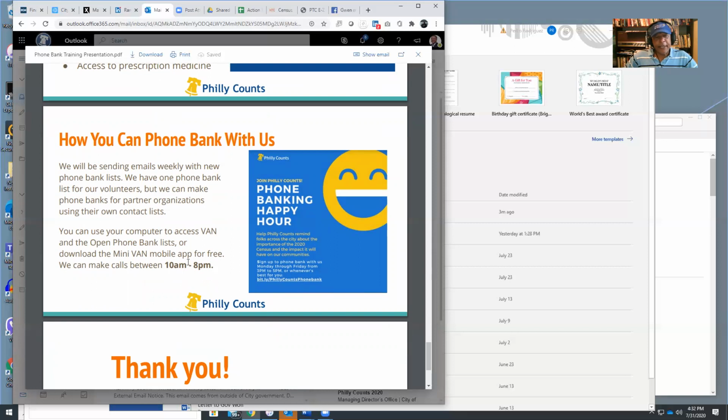So we send the phone bank for the week based on the data from the previous week. We analyze the data and we send the information. We also have community organizations that have provided us with their lists of members, supporters, and clients, and we do a phone bank for them. They're the only ones that look at that, and they do those phone calls. The phone numbers that we're calling are from the voter registration list in Philadelphia County. The library was also calling their members, so you have a slightly different script. Just follow the script the same way as we do.